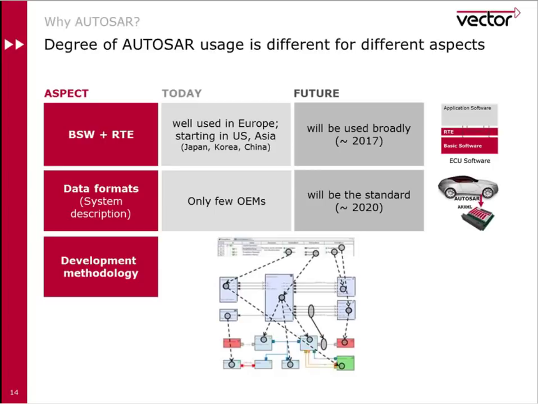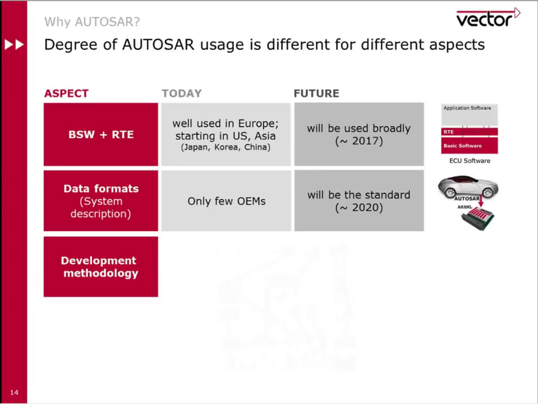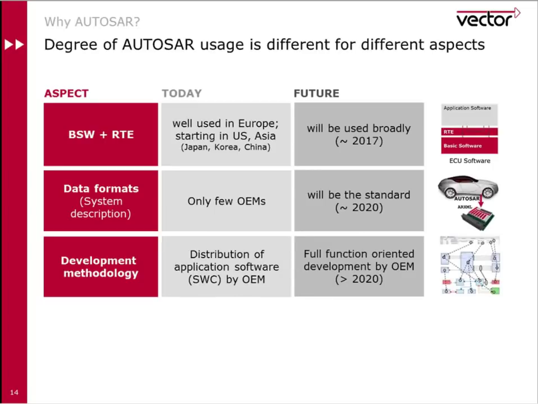Possibly the most complicated aspect of AUTOSAR are the development methodologies. The replacement of an ECU-centric design with a function-orientated development, where you develop your software components and allocate them to the already existing ECU architecture within the vehicle. So far, nowadays, we see many OEMs that are distributing software components, but this is really just a stepping stone towards the full function-orientated development, and we really think that fully function-orientated development will only become standard really following on